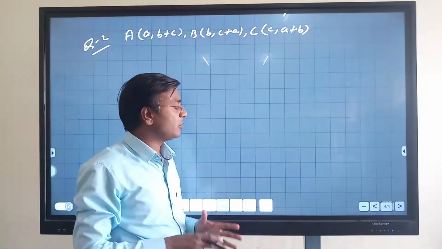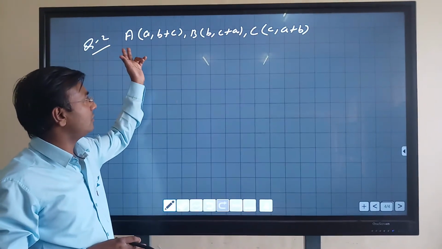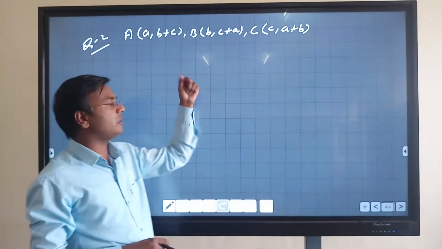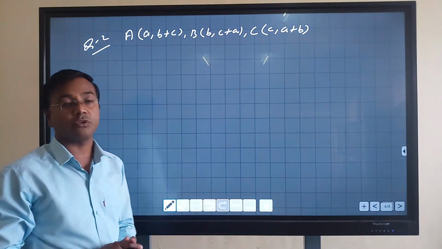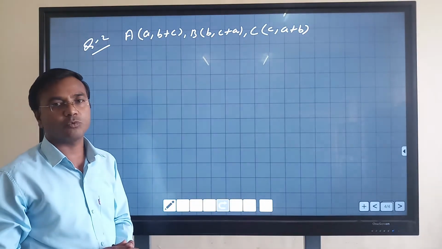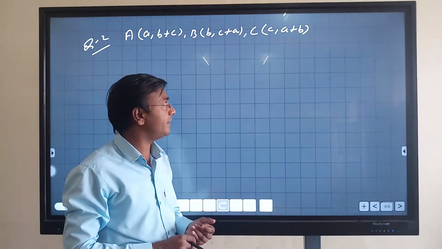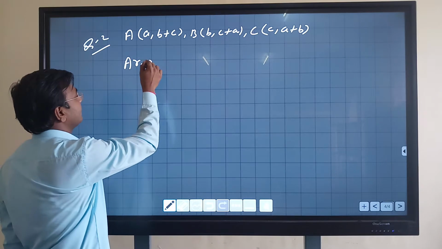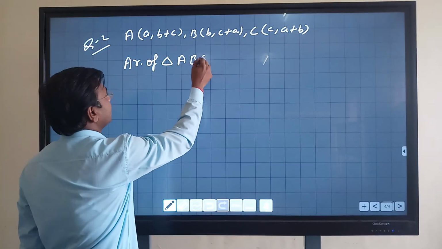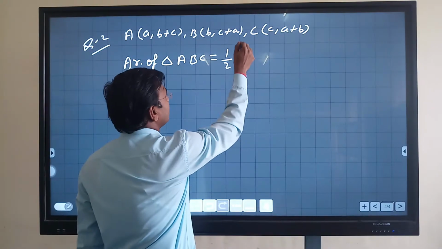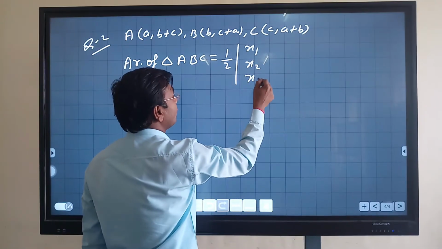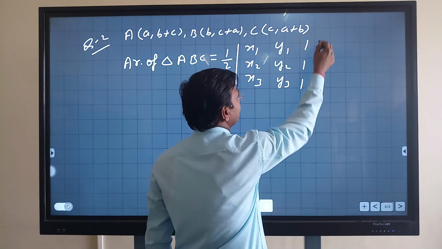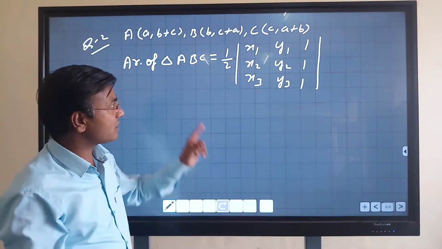So recall what we were doing in class 10 to prove that 3 points are collinear. We were using the distance formula or the area of triangle. And if the area of triangle comes to 0, then the points were said to be collinear. This is what we have already done. So now we are going to use the concept of determinant. Here, the area of the triangle formed by these points has to be 0. So use the formula and you will see that this is a very convenient way to prove that the area of the triangle is 0 as compared to class 10th concepts.